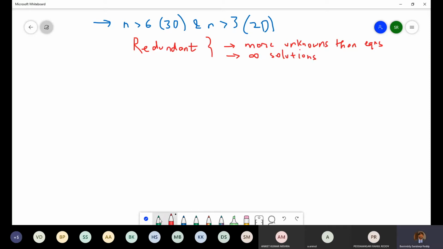Now I'll just take an example. The example is the case of the planar 3R robot, right?